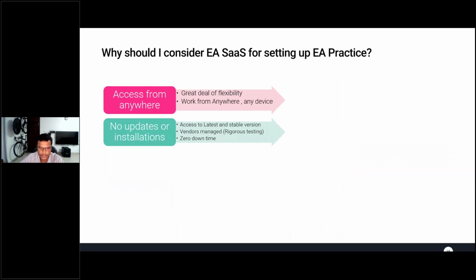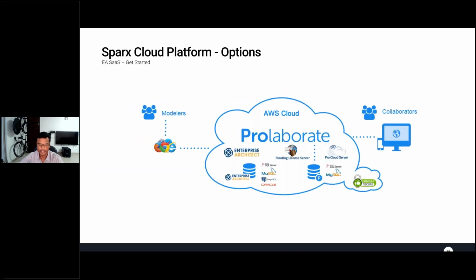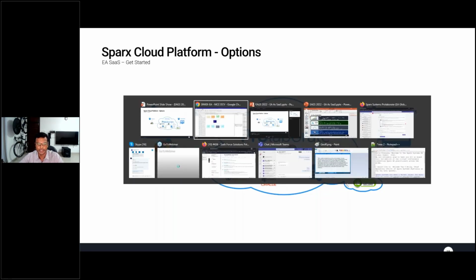I'm just going back a couple of slides to show this. For example, a full setup where we have PCS. Pro Cloud Server is the integration layer, and Collaborate is again optional. With this setup, you'll be able to integrate with your external tools. And if you have Excel macros, for example,